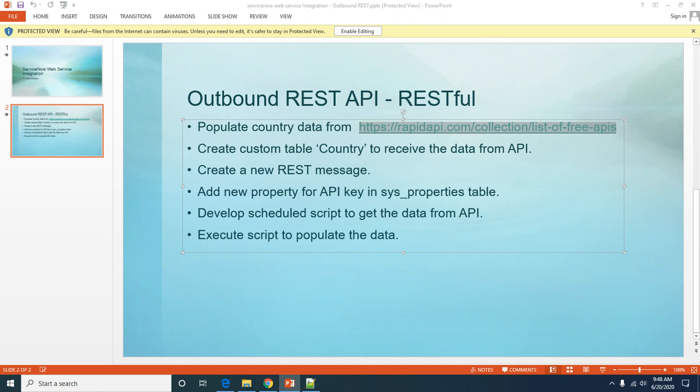Hello everyone. In this video I'm going to talk about how we can consume a third-party REST API into ServiceNow. Here are the steps that we'll be focusing on to accomplish this task. First we need to get API data from this website,